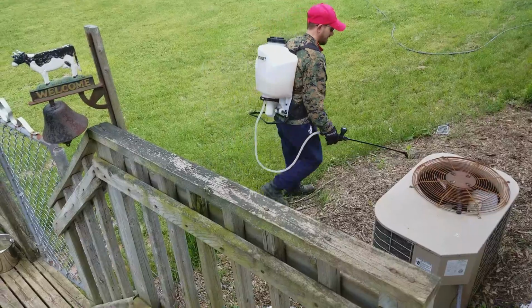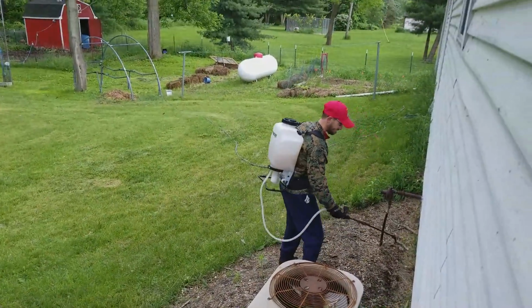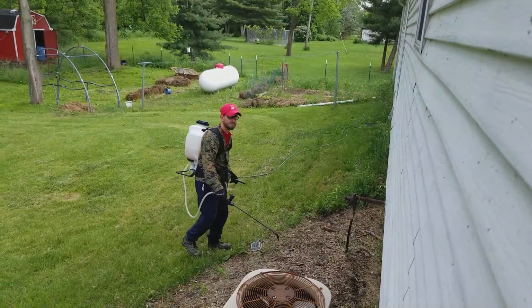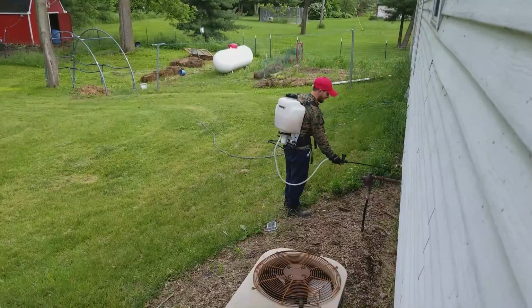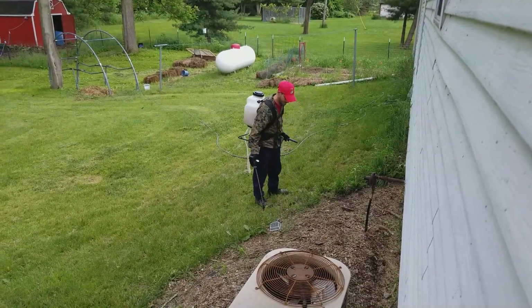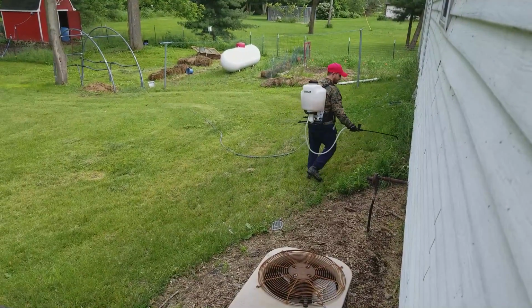So right along the house, because your overhang on the house will cause shade, all your landscaping, under your porches. And then I do the border around basically our pasture. So basically where the long grass starts, we do that. The one thing that's a little bit tough with this is you have to